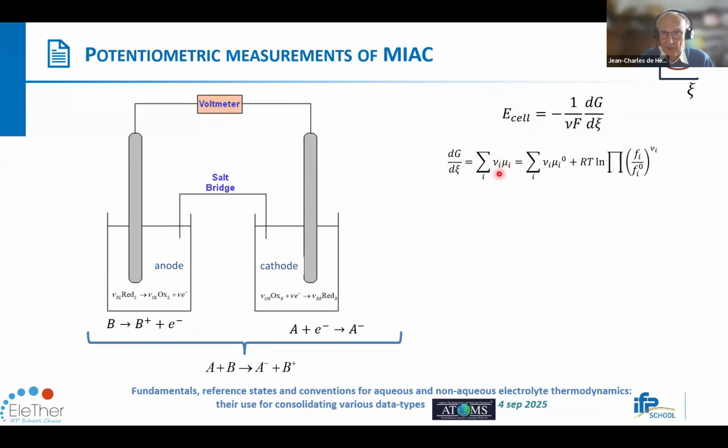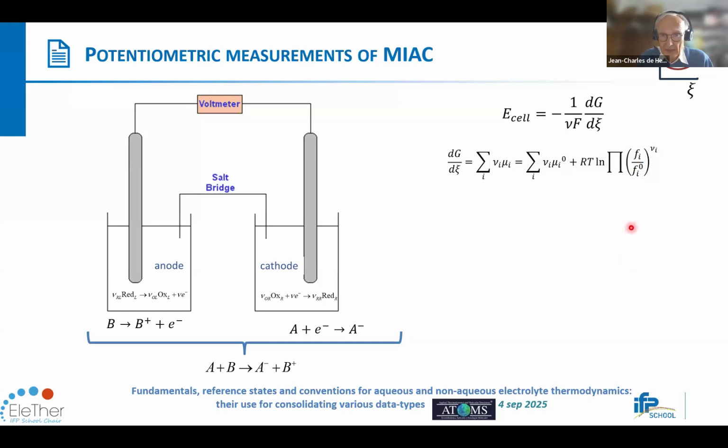This is exactly equal to the expression in the very beginning, but this time it's not zero. So we should write it as we usually write it, as a sum of reference state chemical potential plus RT